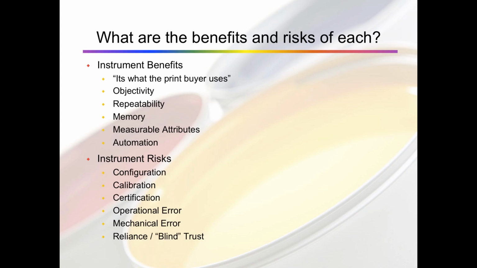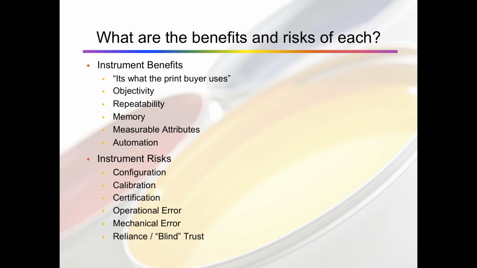Now, because these instruments are mechanical devices, some of them are more fragile than others, and if dropped on a hard concrete floor, can be internally damaged. In this case, it may not be readily apparent. In some cases you can have the optical geometry slightly moved out of position, and that can change the readings, even though the device appears to be measuring properly. So if there is any reason to suspect any kind of damage or mechanical error, it is critical to send that back to the manufacturer for testing and make sure that, again, you can trust the instrument that it is giving you the correct data.